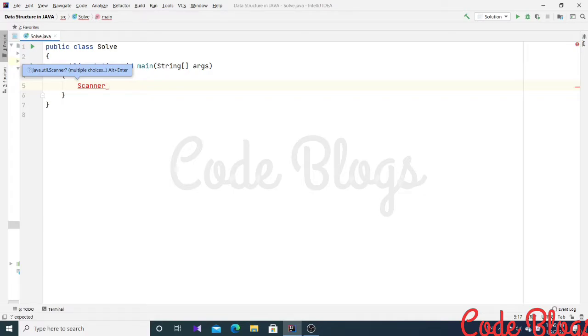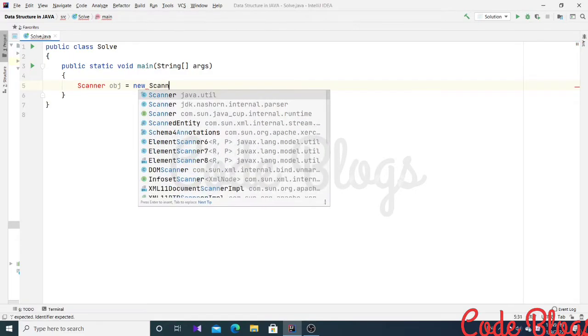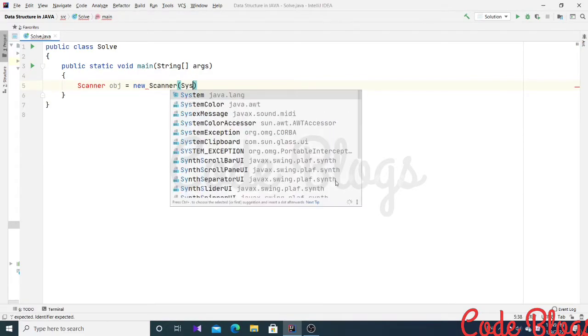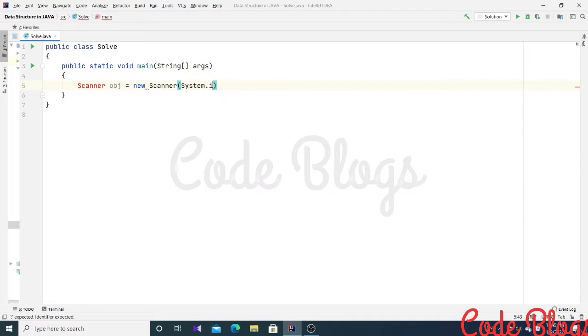Now I am writing the scanner. It shows an error because I have not declared the package here.